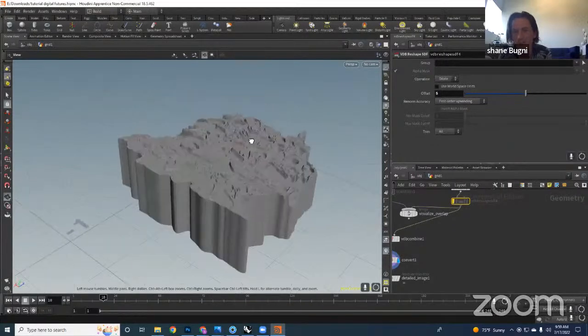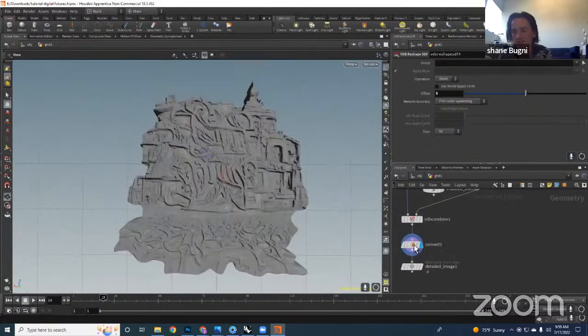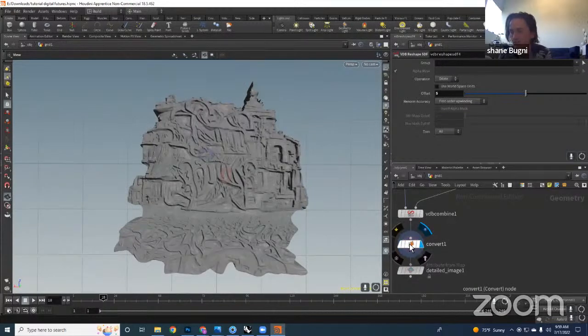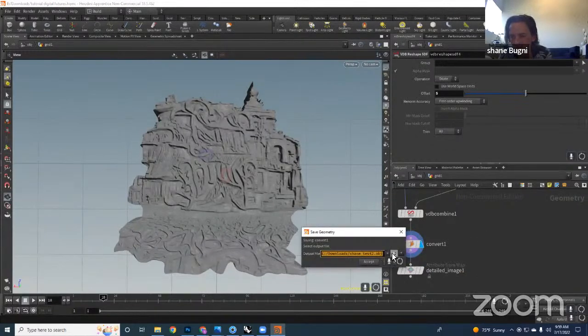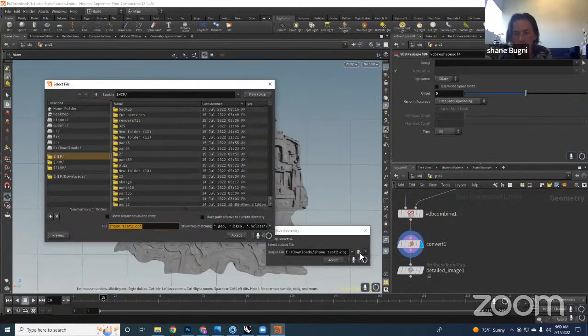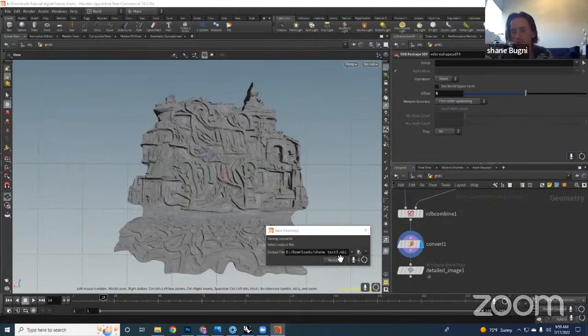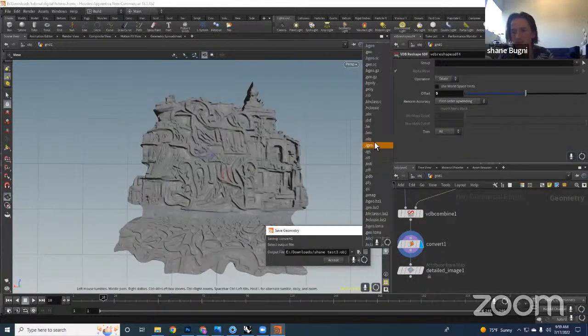But yeah, okay, so now we have the object that has been produced. All you need to do to save it out is just right click, save geometry. And then you have this save geometry pop up here. All you need to do is click on the floating file explorer, click on where you want to save it to, name it,